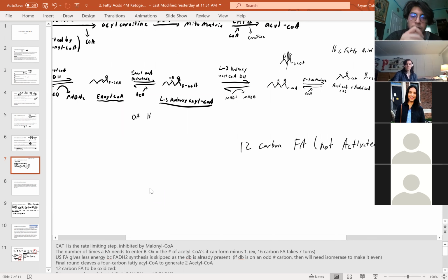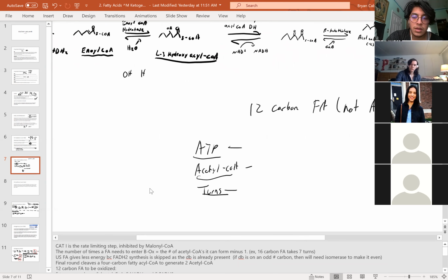They want to see how many ATP you're going to be producing from the oxidation of this fatty acid. They want to know how many acetyl-CoA you're going to be producing, how many turns, how many NADH,